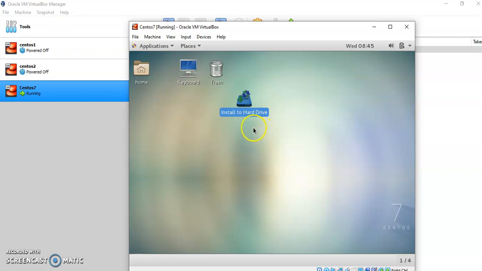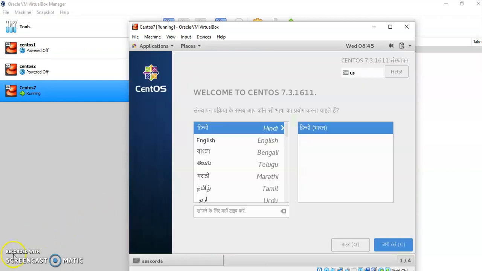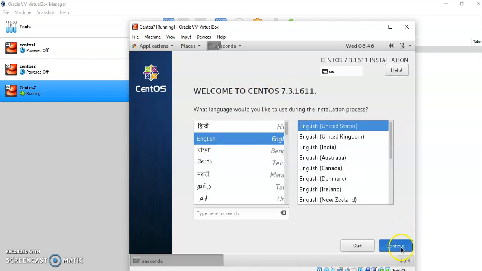So this is the drive that we have prepared. If you double click on this, it will start the initial installation process. Once you double click on this, the Anaconda file will get initiated. That Anaconda file will allow you to start the installation by using the graphical user interface. So that menu will provide you the various options for the installation, such as providing the name and other details of your OS. So here you can choose the language like English, then click continue.